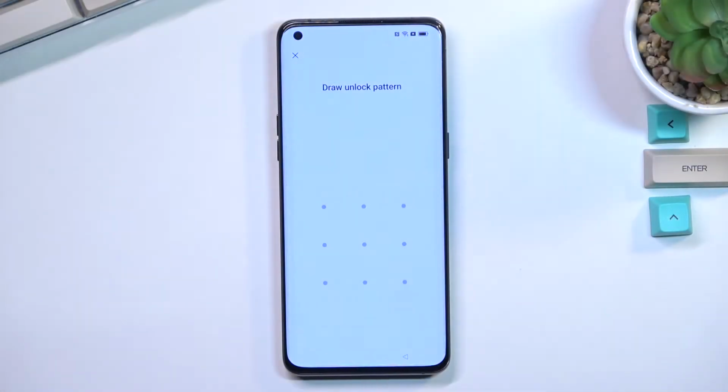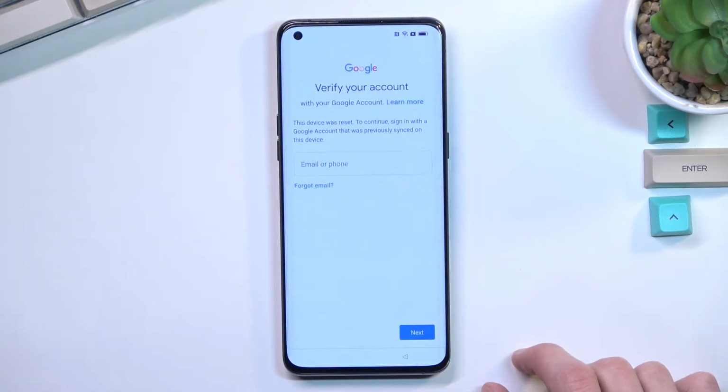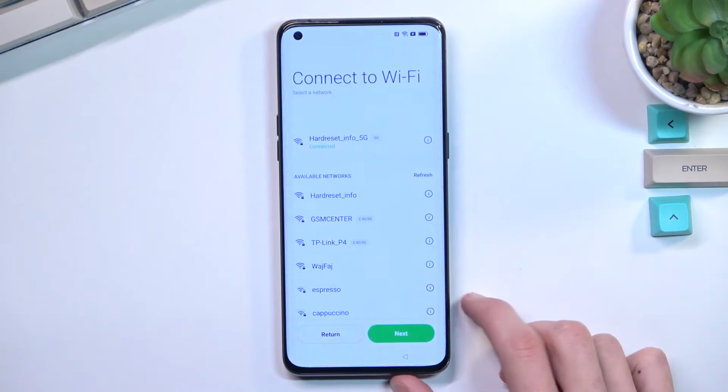Welcome. In front of me is an OPPO Find X5 Pro, and today I'll show you how you can bypass the Google verification on this phone. Now, you can see that the phone I have right here is locked using the pattern, and if I also close this, I can unlock it using the Google account. So, assuming I don't know either of those, what you want to do to begin the bypass, number